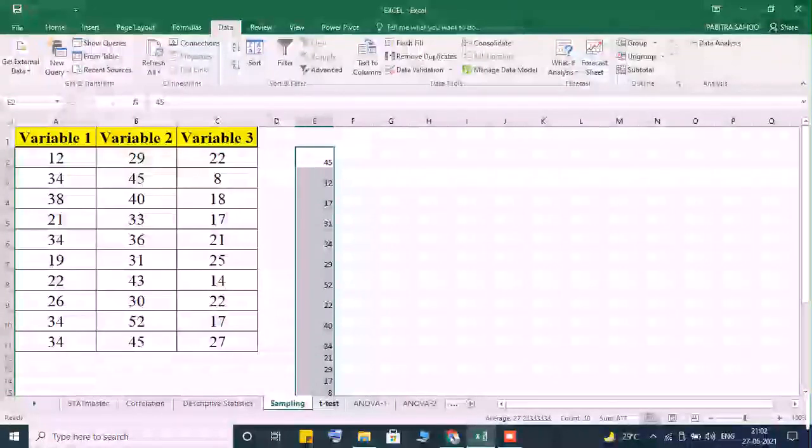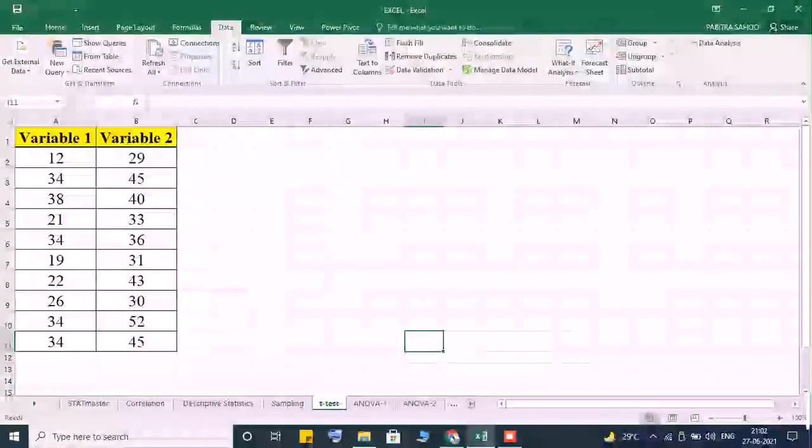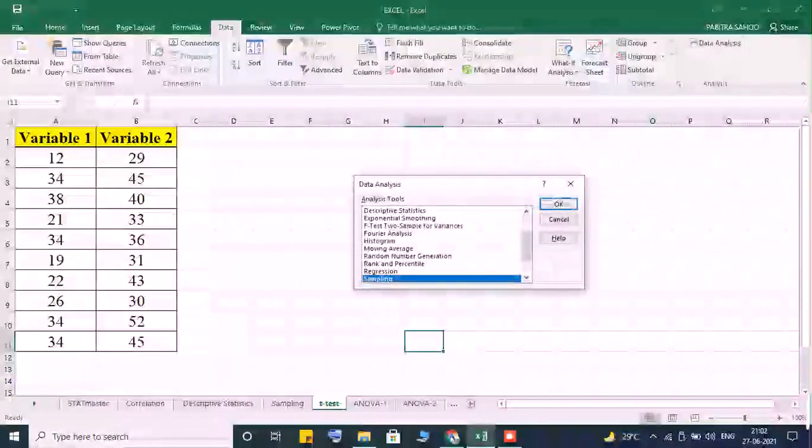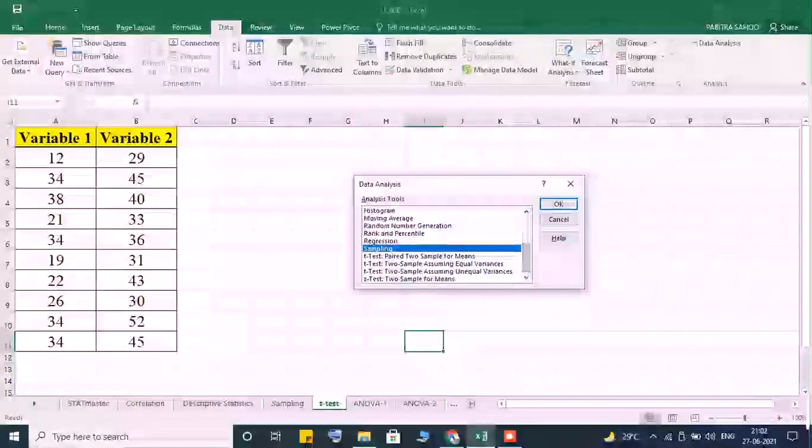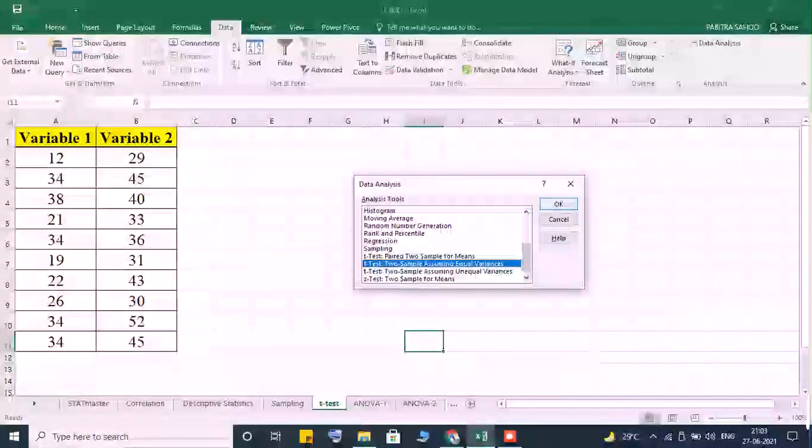Now we are coming to the discussion of the t-test. The t-test is basically used to compare two variables, and to find the association between the two variables. So now, I have variable 1 and variable 2. Again, I have to go to Data Analysis, and there is a t-test option. There are multiple t-test options. We are not going to use the paired t-test. We are going to use the t-test two-sample assuming equal variance. It is basically used for the student t-test or independent t-test. Both things you can utilize for this t-test.